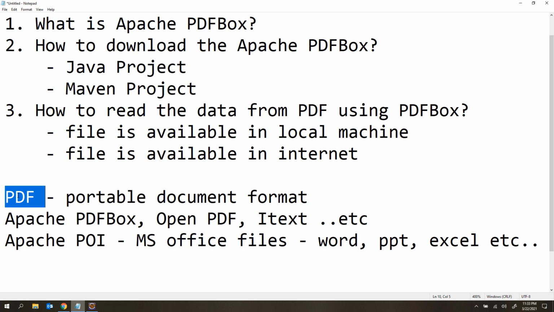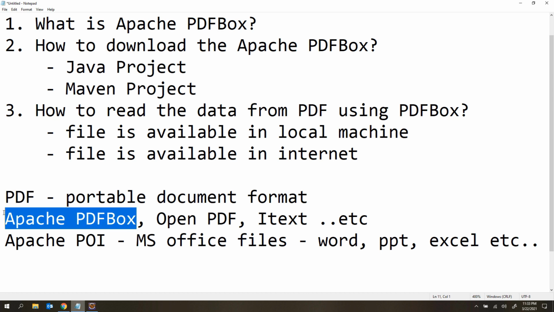So what are those? Suppose you have one PDF file and you want to split it into multiple child PDFs. That is also possible. And when you have all these child PDF files, you may want to merge them into one parent PDF file, only one PDF file. That is also possible. So you can do a lot of things using Apache PDFBox, guys. You can read the data, write the data, delete the PDF files, merge the PDF files, and split the PDF files. This is a very powerful tool.